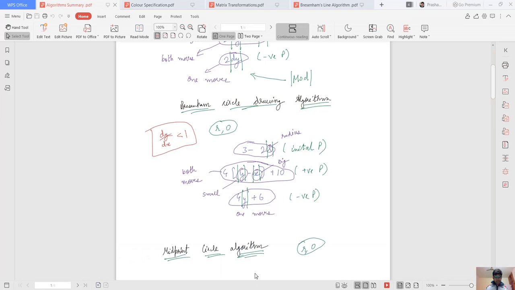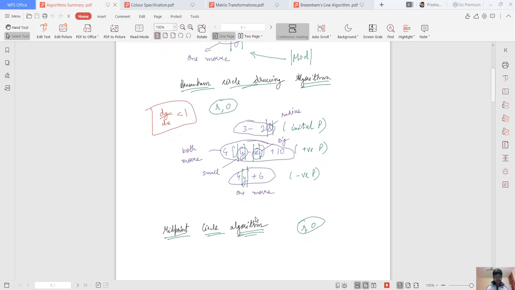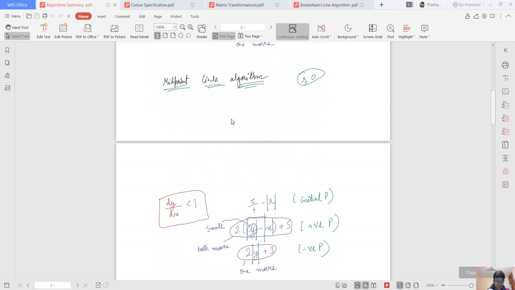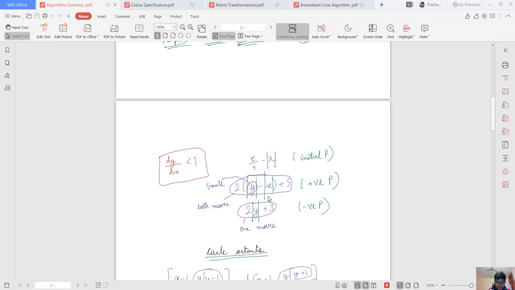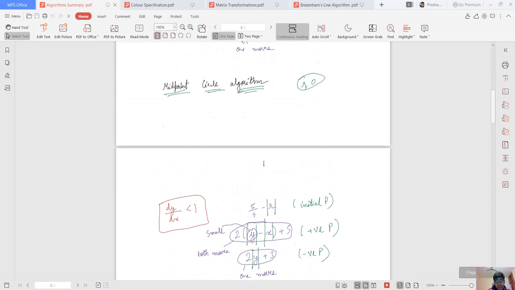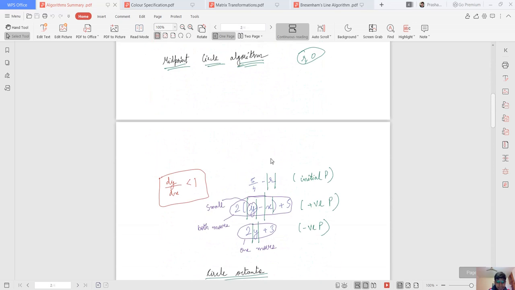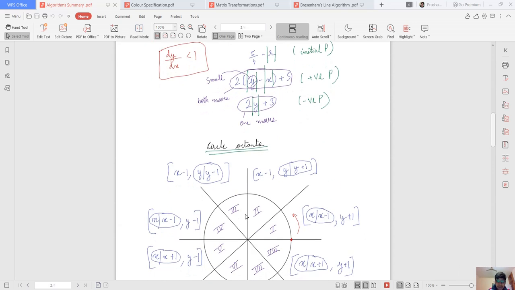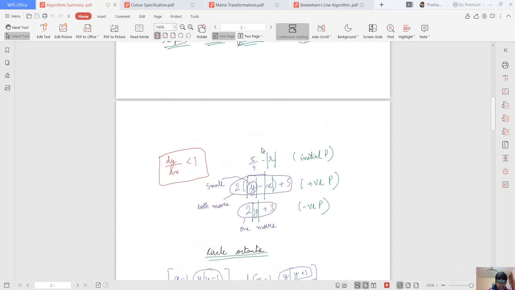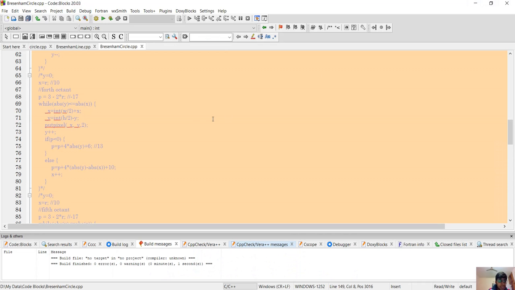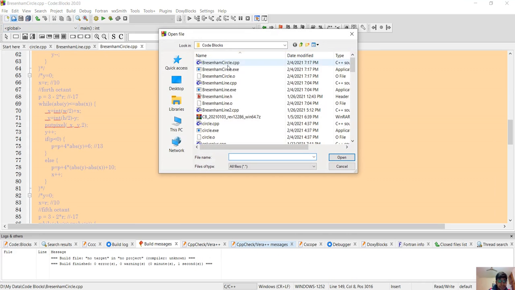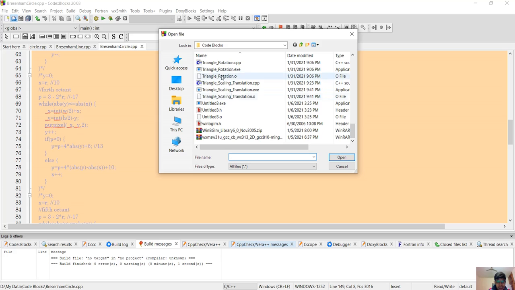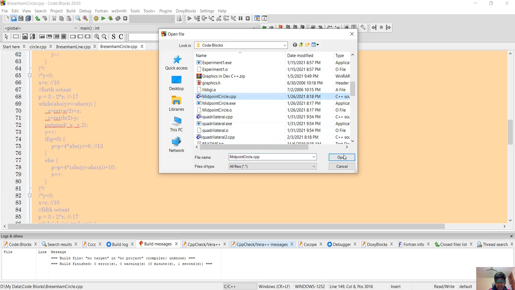And about how this algorithm works, here is also the midpoint circle algorithm. Let's talk about the midpoint circle algorithm. It is similar to the Bresenham circle algorithm, and the rules also apply similarly here. Let's just try to run it. Open the midpoint circle algorithm.